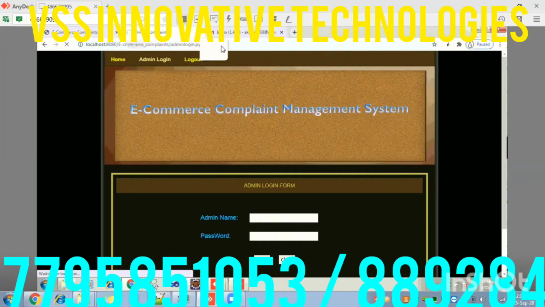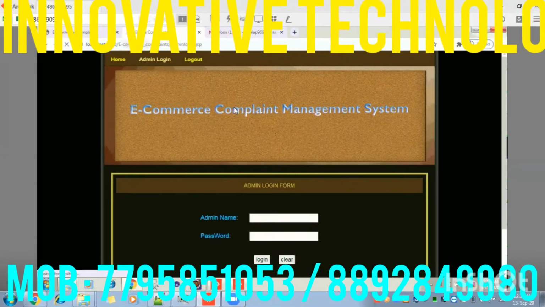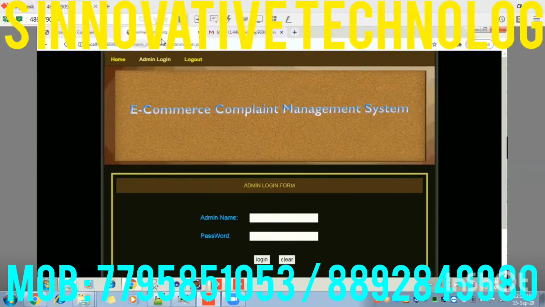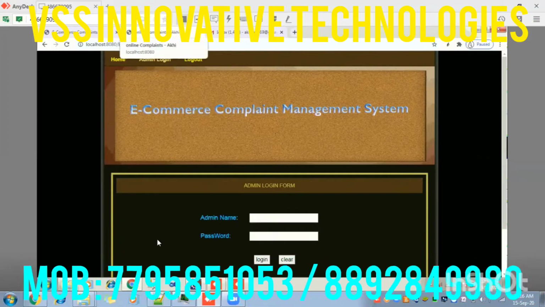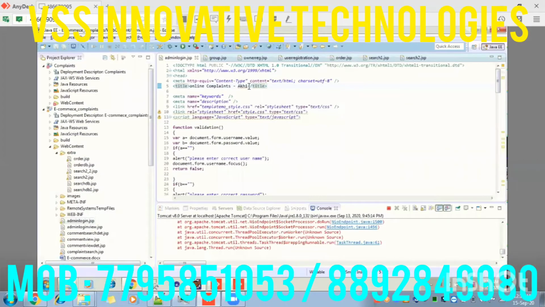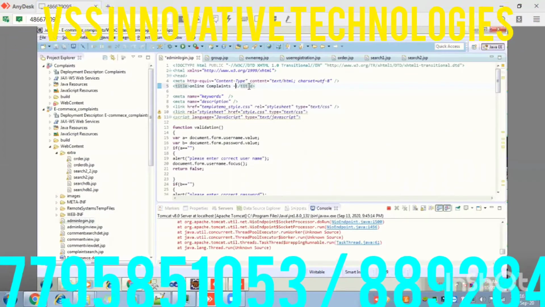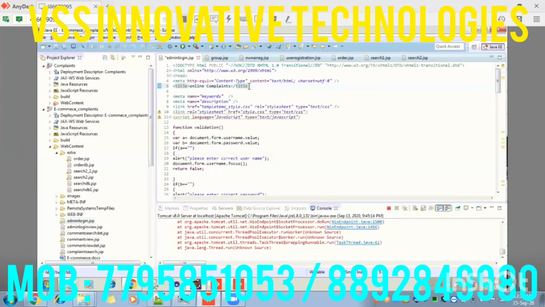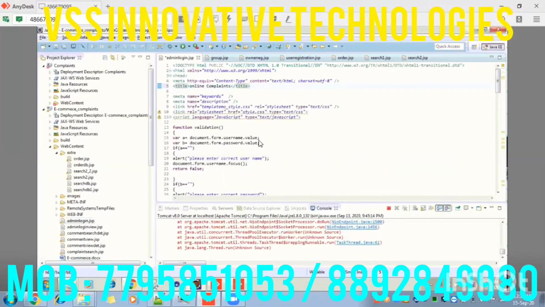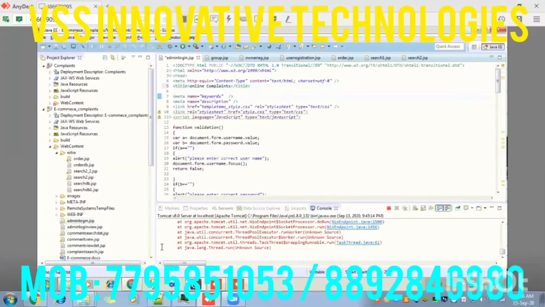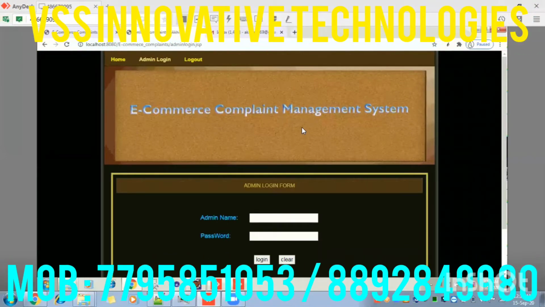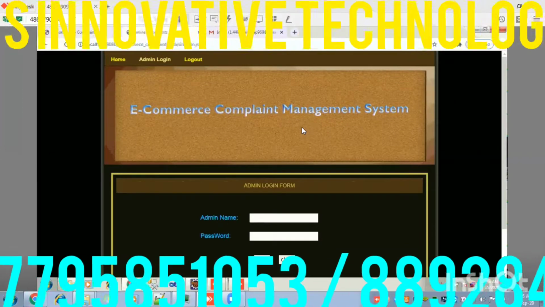Okay, that is called the title. Then how to change the heading? In most of the projects, this is configured like this. So you understood the title now. If it comes as a project heading, in most projects it's configured as an H1 or H2 tag. If it is an H1 or H2 tag, you can search with your project name. For example, select here, press Control F and search with your project name. Wherever e-commerce complaint is there, you can change it to online complaint.